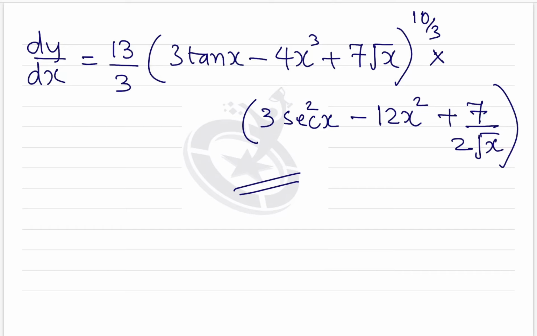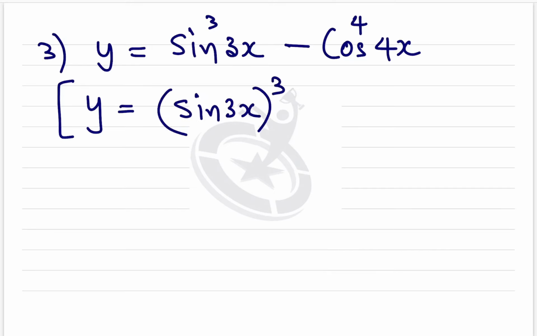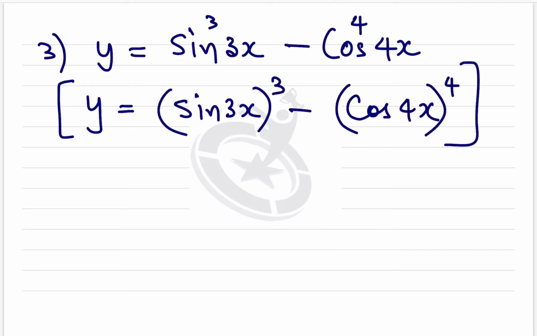The third example is, suppose you have y is equals to sine cube 3x minus cos raised to 4x. How do you solve this? So if I write differentiating with respect to x, now basically imagine करना है ये वाला step. Sin cube 3x मतलब वो sin 3x का whole cube है, okay? और cos 4x का power 4 है यहाँ पे. So you have to think it this way, then only you'll be able to solve this question here.